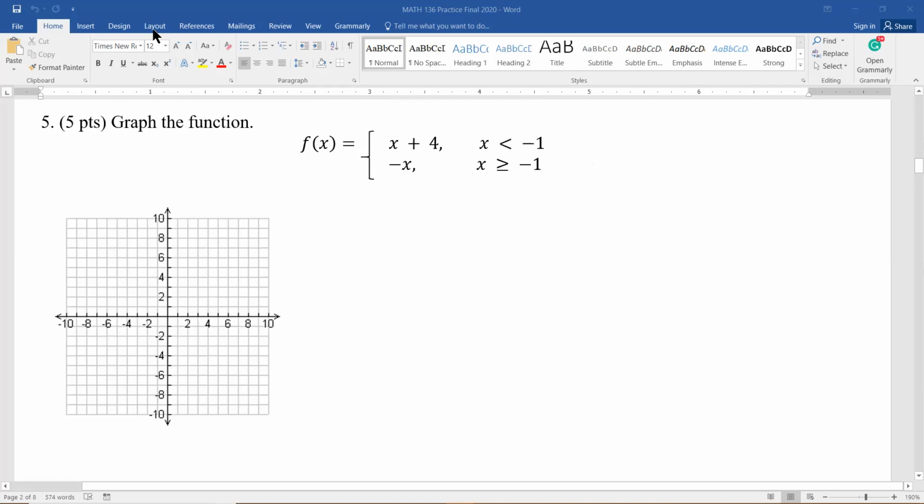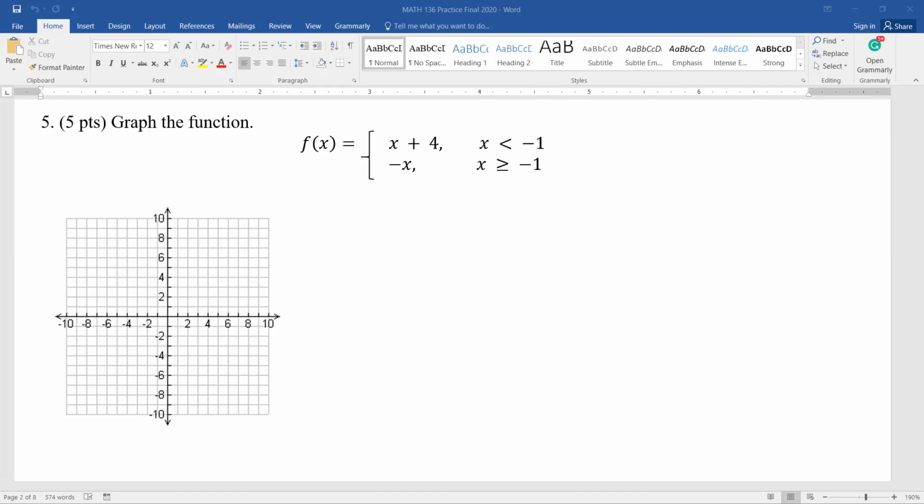Question number 5, we're going to graph this piecewise function. Keep in mind these things over here on the right side are our constraints. So for the first one, we can only use x values that are less than -1. So that's going to be the left side of our graph. I'm going to go ahead and make an XY table for it. And I'm going to plug in any number that's less than -1. I'm actually going to start at -1, and then remember that's going to be an open circle because it's not equal to. So I'm going to use -1, -5, and -10